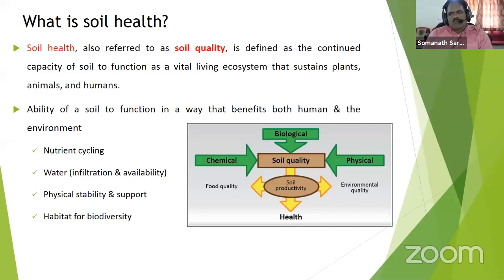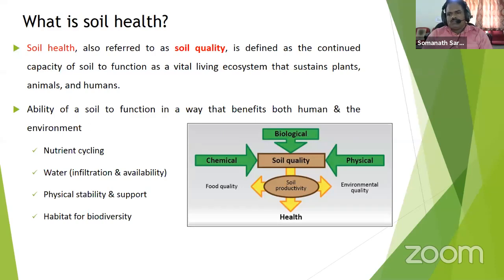So the earthworms are mostly important for preparing the vermicompost, and soil health improves the habitat conditions for the diversity of the earthworms and other microorganisms. Soil quality depends on, or is governed by, the biological, chemical, and physical characteristics of the soil, and it directly affects the soil productivity. When soil quality and soil health are best, then the soil productivity is also high, and it impacts the produced